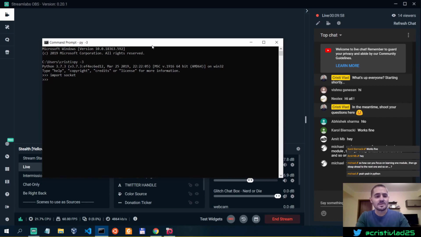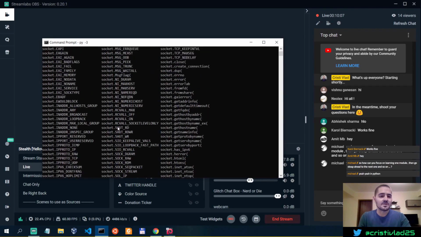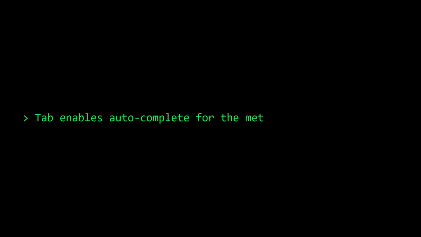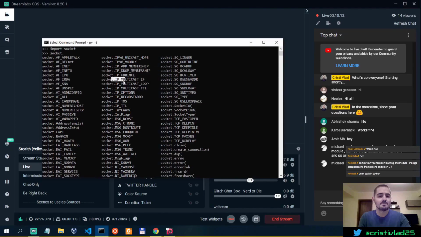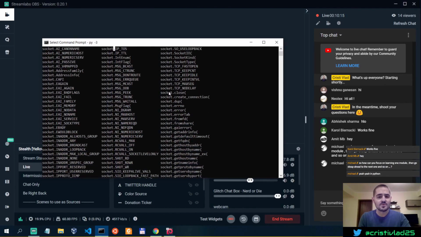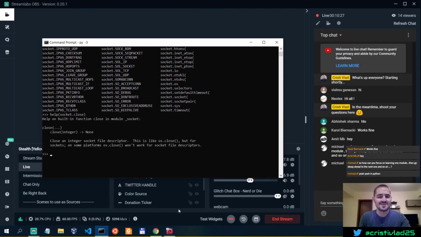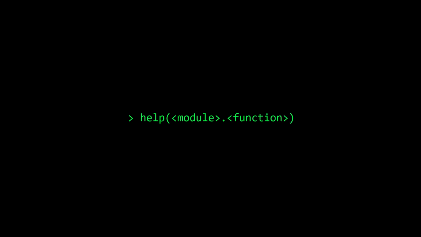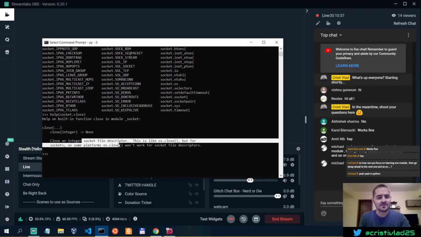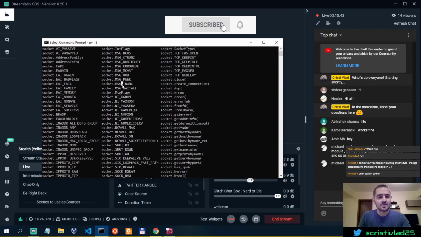So for example, since I've imported socket, I also have a library that allows me to hit the tab and actually look into everything that the socket is capable of, in terms of methods and functions. For example, if we have socket.close, I could simply look into what socket.close is doing with the help function in Python, and it tells me that it's a built-in function, closes an integer socket file descriptor. So that's what this method does, socket.close, and of course you have a whole lot of